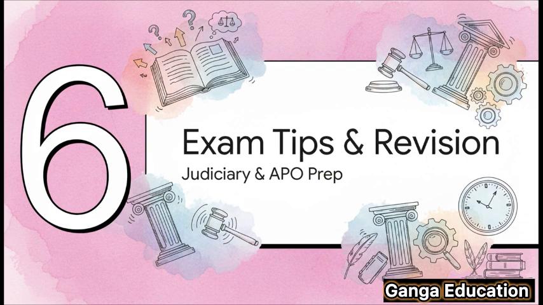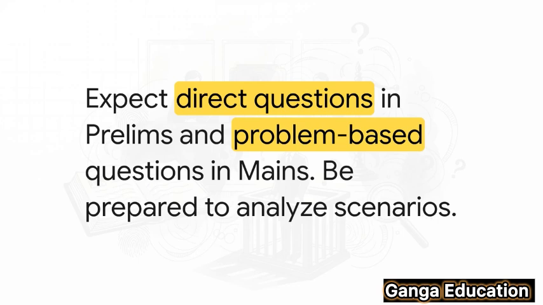इंपॉर्टेंट पार्ट पर, खास करके आपकी जुडिशरी और APO एग्जाम्स की प्रिपरेशन के लिए। लेट्स सी कि इस सेक्शन से एग्जाम्स में कैसे सवाल आ सकते हैं। प्रीलिम्स एग्जाम में सेक्शन 145 से एक डायरेक्ट क्वेश्चन आ सकता है। फॉर एग्जाम्पल, विटनेसेस टू कैरेक्टर कैन बी क्रॉस-एग्जामिन्ड अंडर विच सेक्शन। जबकि मेंस में आपसे एक प्रॉब्लम बेस्ड क्वेश्चन या शॉर्ट नोट पूछा जा सकता है, जहां आपको एक सिचुएशन देकर उसे सेक्शन 145 के बेसिस पर एनालाइज करना होगा।